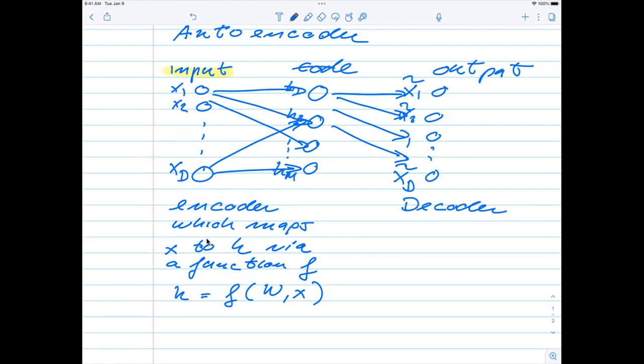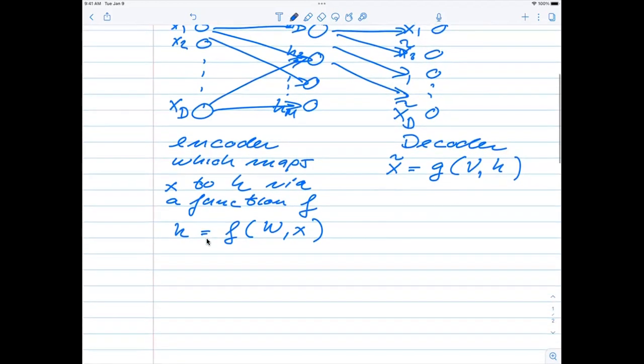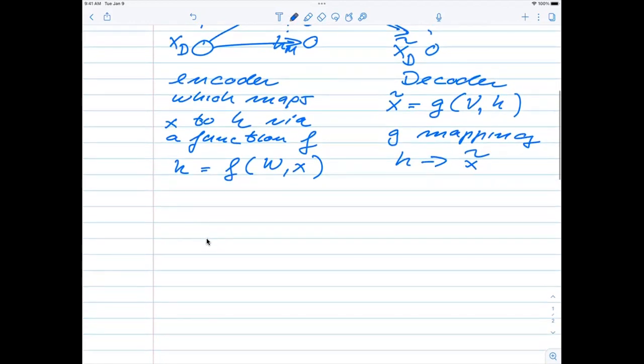And the idea now is that this output, which we called x tilde, is given by some function g, and it has its own weights w, and then it has the output H from the code part, which is then fed into this X part here. So you can think of this G as a mapping from H over to X tilde, and the goal is actually to try to minimize